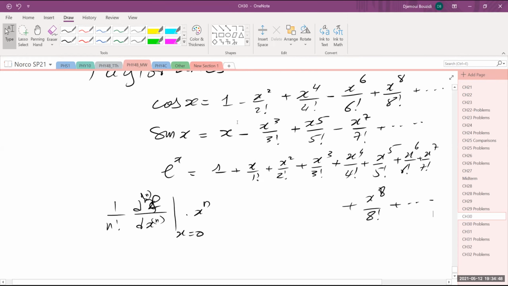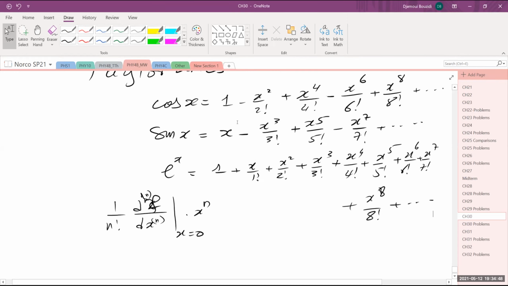Since I did all of these terms, let's finish them. So the next term is going to be -x to the power 6 over 6 factorial, because i to the power 6 is i squared times i to the power 4, and i to the power 4 is +1, and i squared is -1, so it's a negative. i to the power 7 is i to the power 6 times i, which is -1 times i, and that is going to be -i times x to the power 7 over 7 factorial, plus the last term in here is